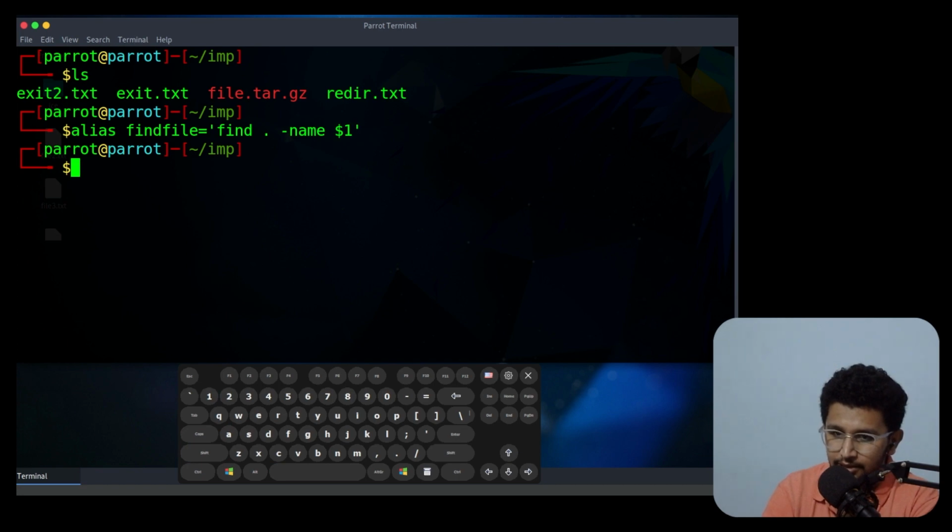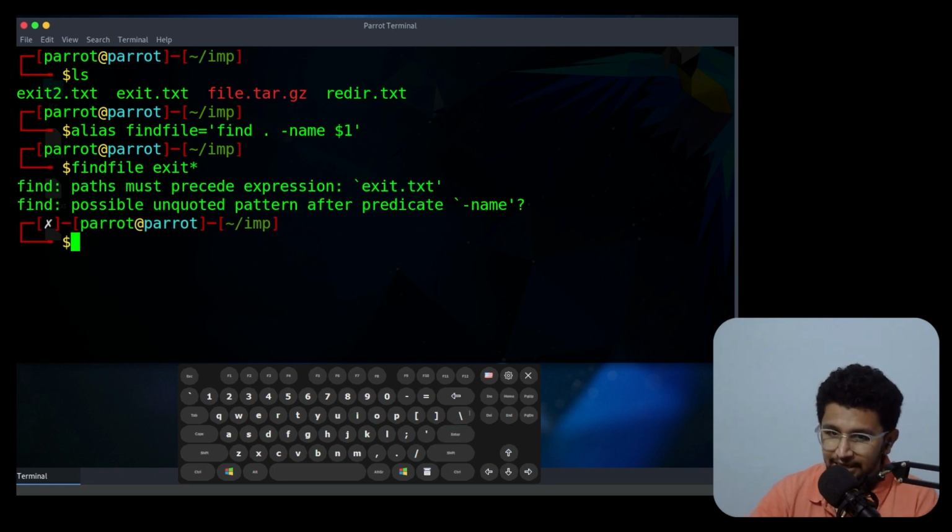If I press enter and then run findfile with the file name exit*, exit is common in these two files, so exit* means exit followed by anything. If I press enter, it will find